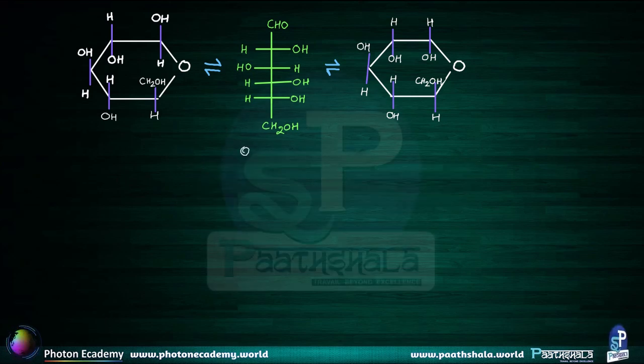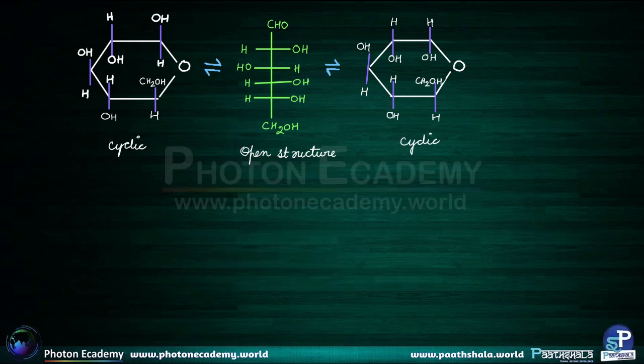I have got an open structure over here, and a cyclic form and a cyclic form. I am saying that these three structures are actually in equilibrium with each other, and the cyclic form is more stable than the open structure because I'm breaking the double bond of the CHO group in this open structure